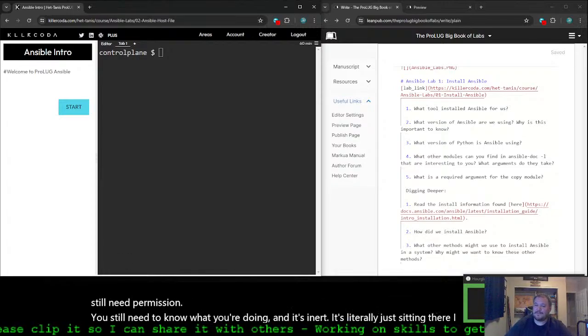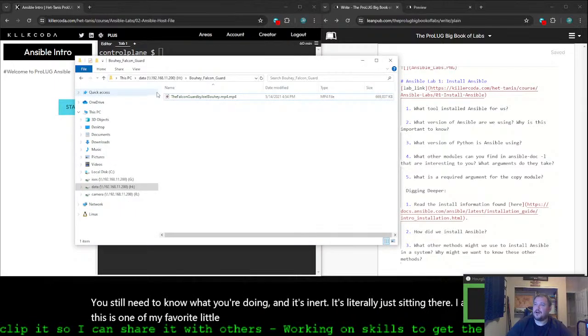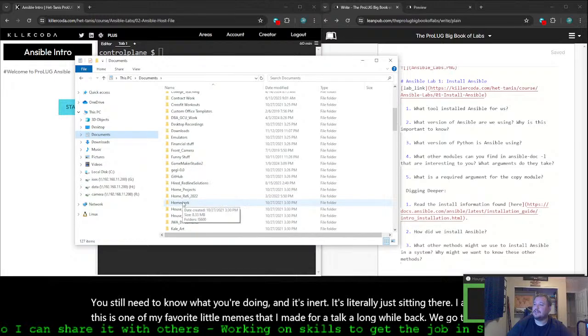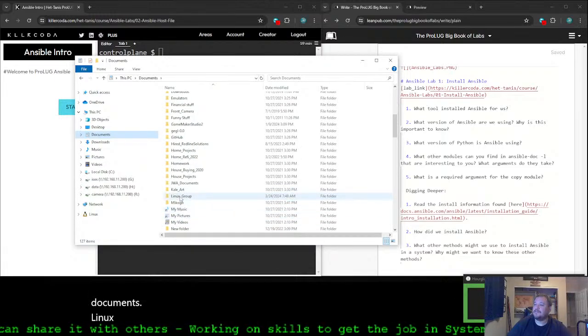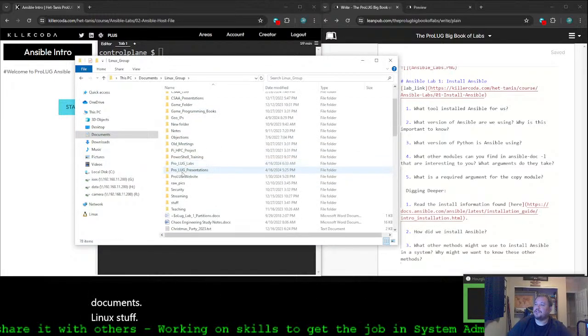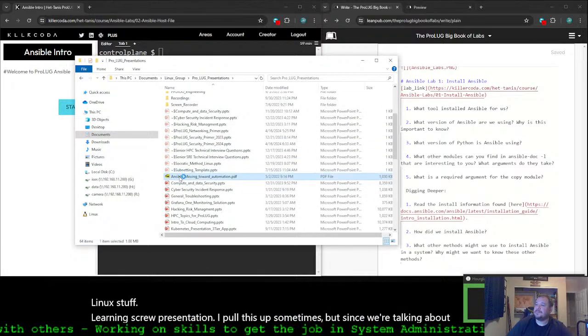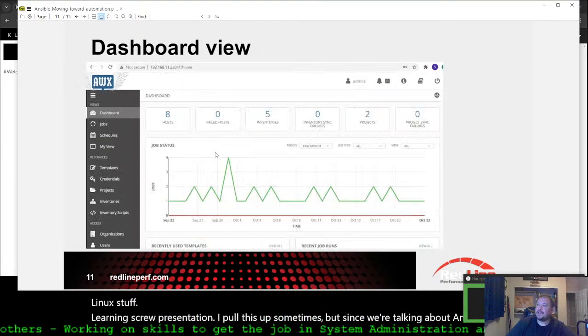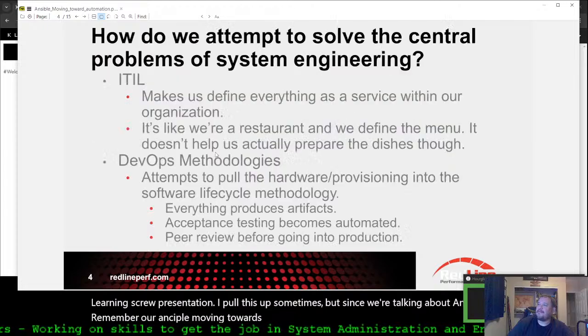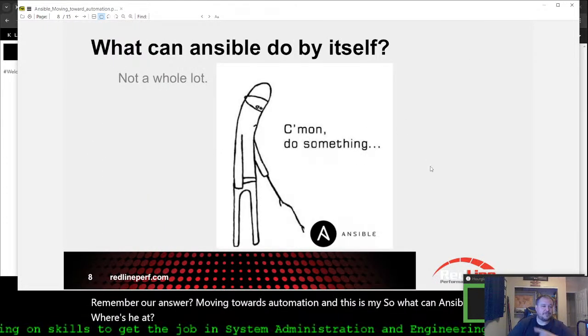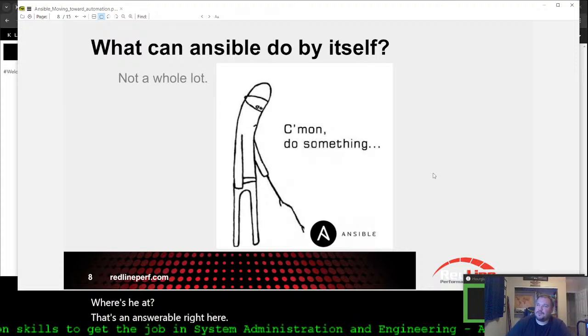This is one of my favorite little memes that I made for a talk a long while back. We go to our documents and Linux stuff, Linux group presentation. I pull this up sometimes, but since we're talking about Ansible, remember our Ansible moving towards automation. So what can Ansible do? This is Ansible right here. What can it do by itself?